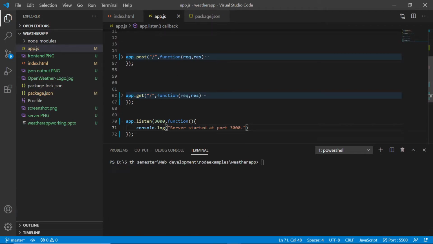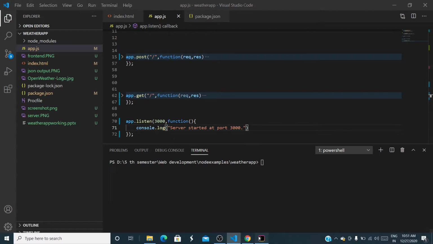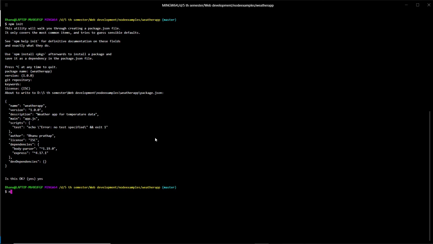I will be explaining these two, but before that, let's see that. Go to the terminal and write node and the name of your Node.js application, which is app.js. You see, Server started at, you should get this printed on your terminal. Let's stop it.